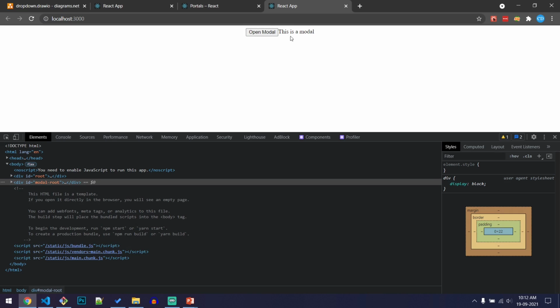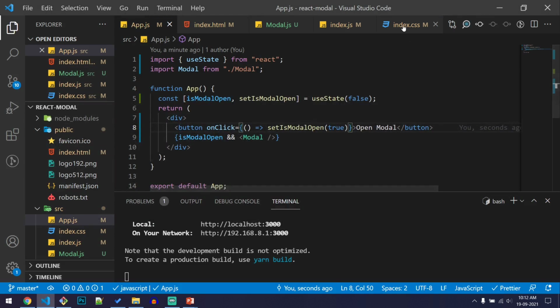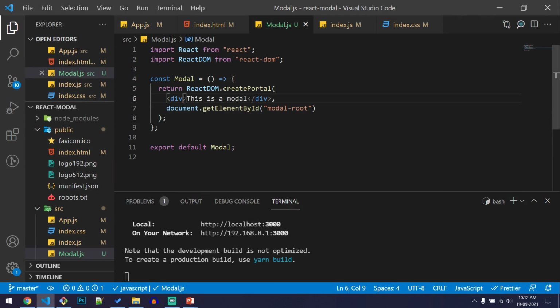Let us add some styling to our modal. So as you can see in the mockup, we need the modal to be fixed here, and we need this background here. So let's go to index.css and add some styling. Before adding the styling, let us add some classes to our modal.